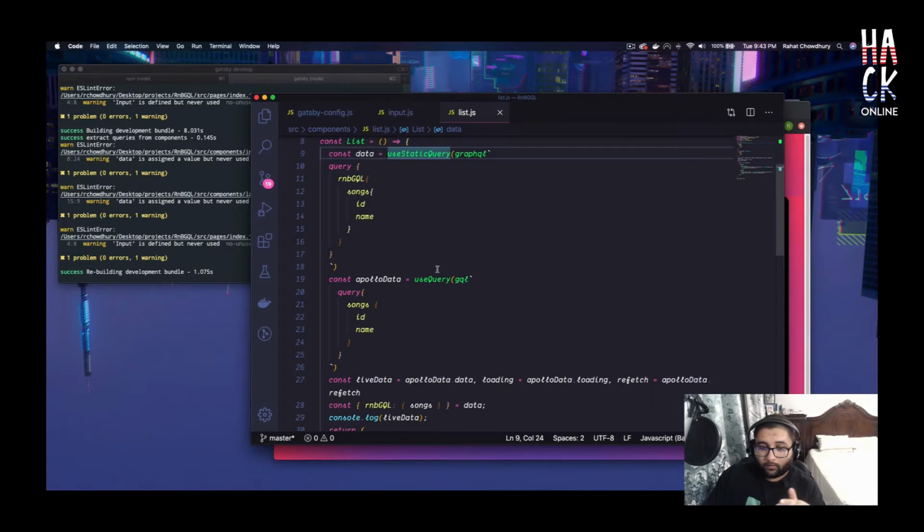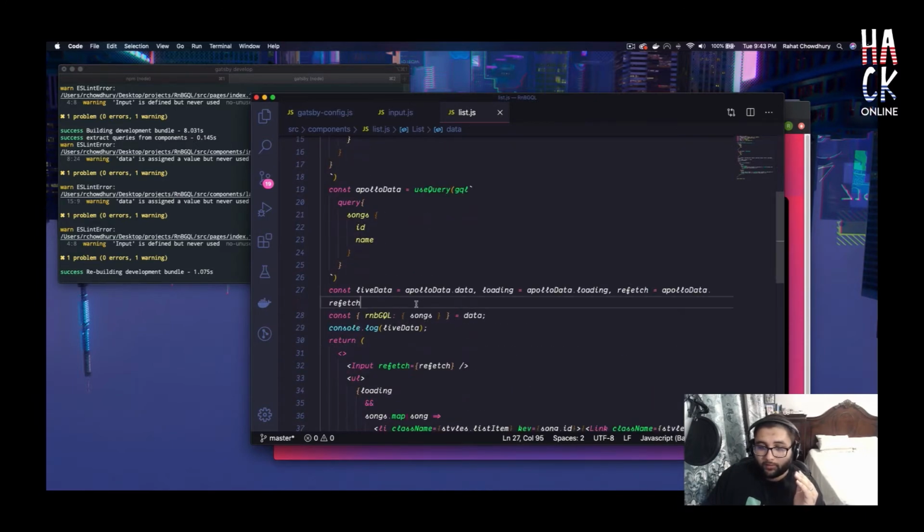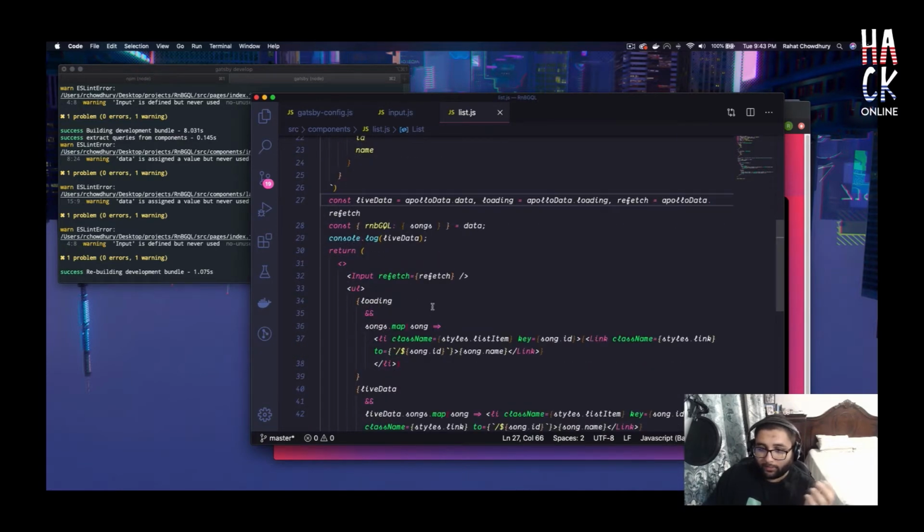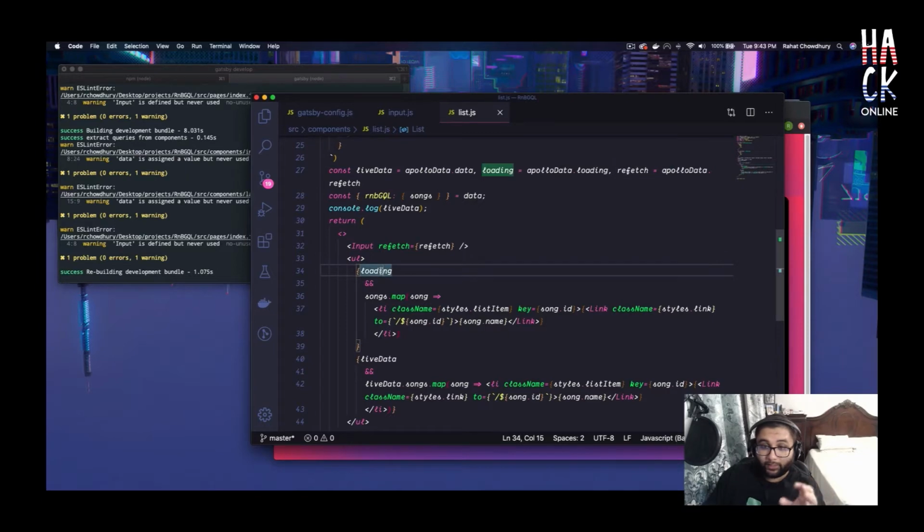Now, Apollo gives me a couple status things. Whenever the live data is available, I'll know that. Whenever it's loading, I'll know that. If I need to refetch, I can do that too. So in here, what's happening is when the status is loading, so when Apollo is trying to get the dynamic content from my API, it's still going to show you something. It's going to show you all of the static content that Gatsby has already built for you, meaning you already have pretty much everything you need on the site, so start interacting with it and start looking through everything.